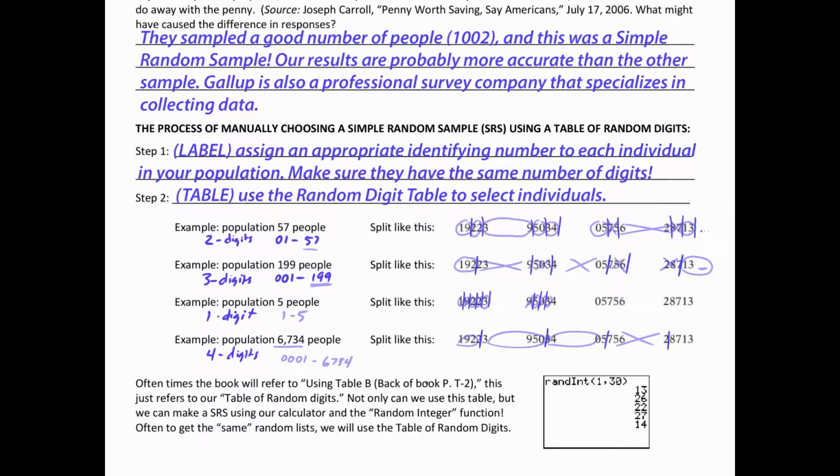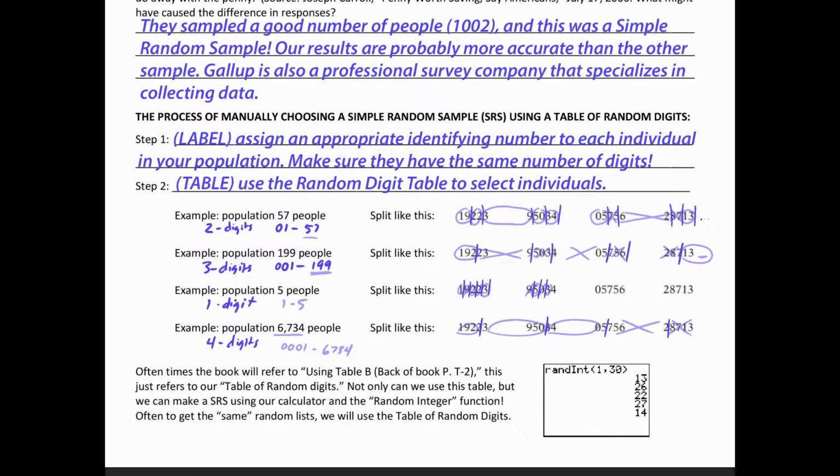7,562 does not work. That is over the limit, and the last one is over the limit as well. Now, if you are not restricted and you don't have to get the same answer as someone else, using your calculator is the easiest way to go. That's something that we've done quite a bit recently with the Beyonce project and then also with the random rectangles